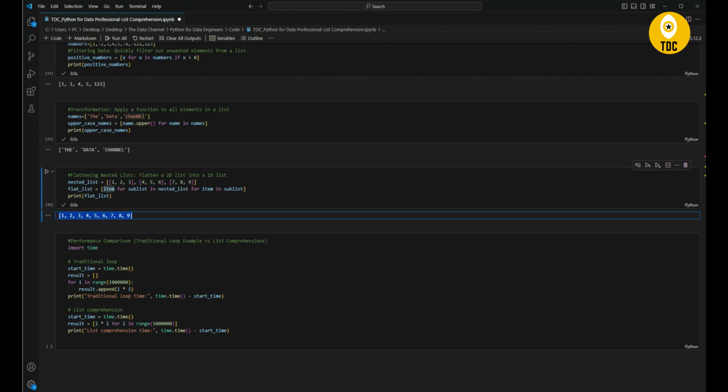Definitely, list comprehension will give you more optimized code. That's why it will be much faster, right? And why it is faster is because it uses optimized bytecode. That means the bytecode generated by list comprehension is more efficient and has fewer instructions compared to the traditional for-each